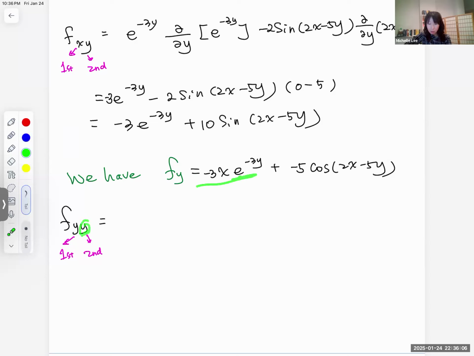Okay, so partial derivative with respect to y. So y, ooh, we have a 2, right? That means we treat x as a constant. This is a constant, so we keep the constant. But we want the derivative about the y, right? Keep the constant, e to the negative 3y, and chain rule, right? Make sense? So negative 3x, e to the negative 3y, chain rule, respect to y,